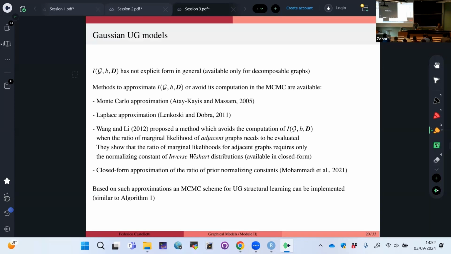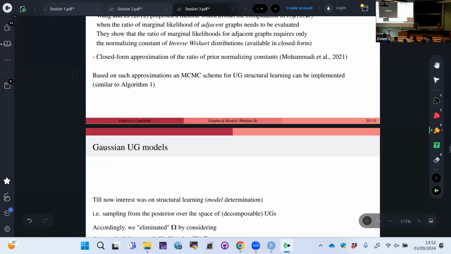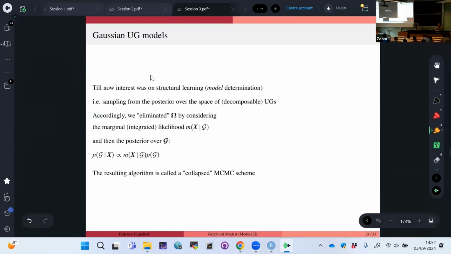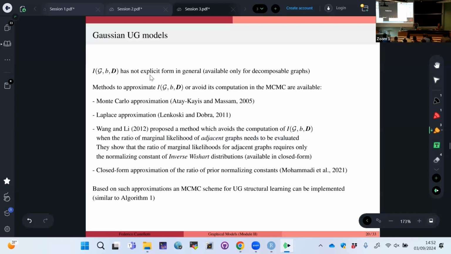If you can provide an approximation based on one of the strategies that I reported here, then what you can do is to implement your MCMC algorithm for structure learning of UG models. Okay. The only difference is that you need to approximate the marginal likelihood because you cannot compute it analytically. Okay, so in order to introduce one of these approaches to UG model selection,